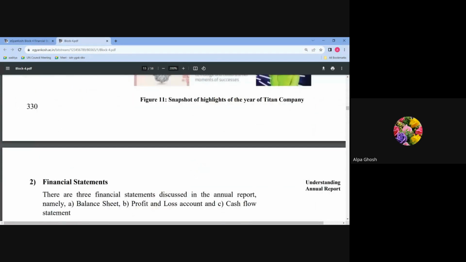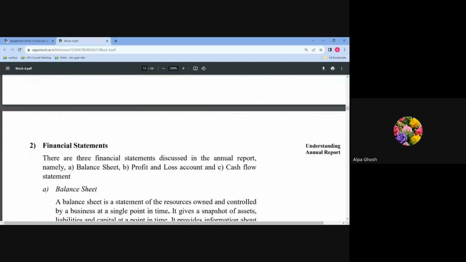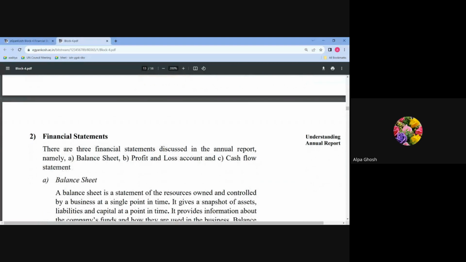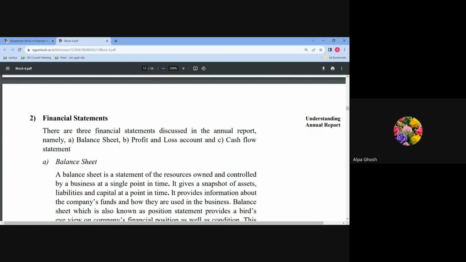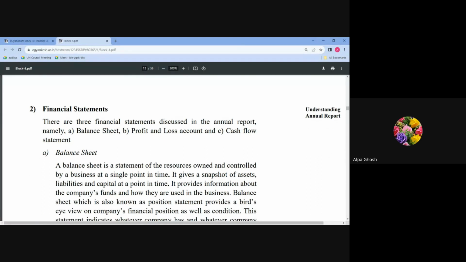Then we have the second category, the financial statements. What do the financial statements talk about? They have three categories: balance sheet, profit and loss account, and cash flow statement. These are the three most important statements, that is, the content of your annual report. So the three important statements are: